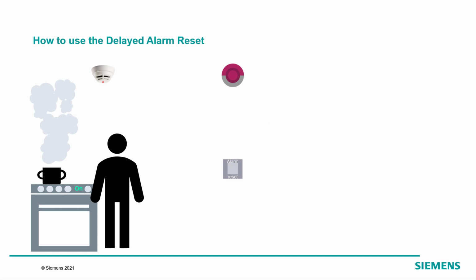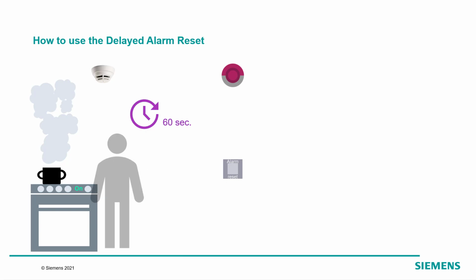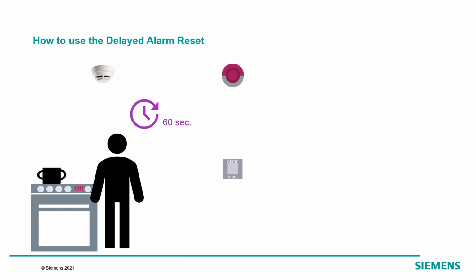If a fire detector was activated accidentally, for example while cooking, the tenant or the owner of the house has a predefined time to press the self-reset button. The default time is 60 seconds. There is a second predefined time to eliminate the root cause of the alarm. When the detector no longer reports the alarm, no global alarm will be triggered and no sounder will be activated.